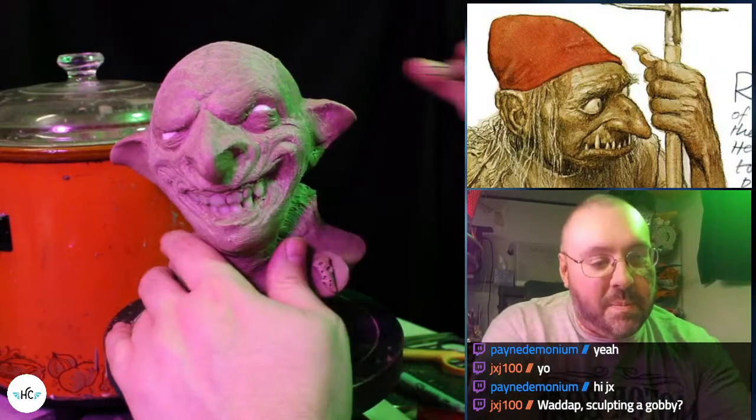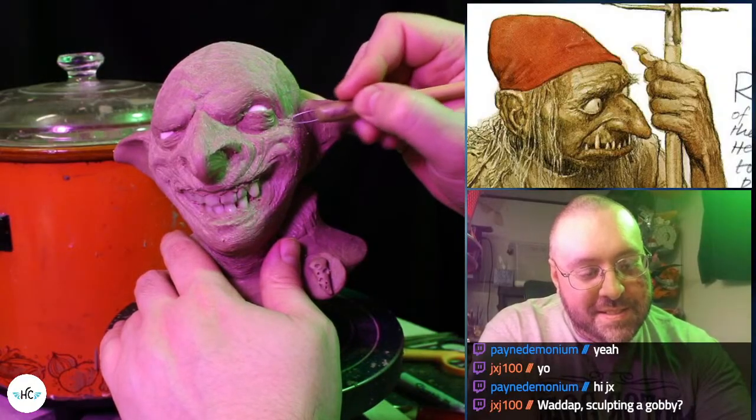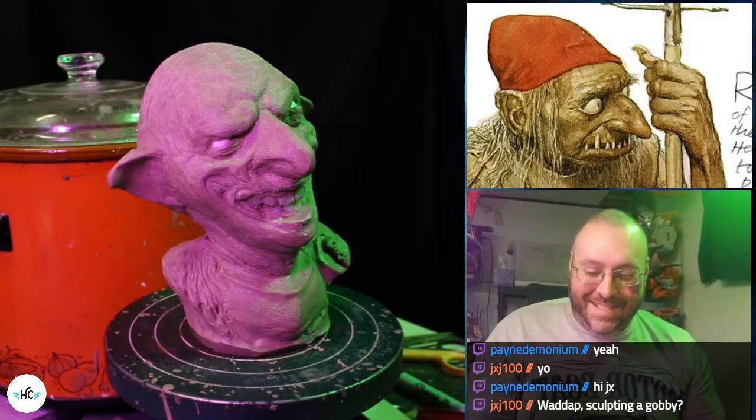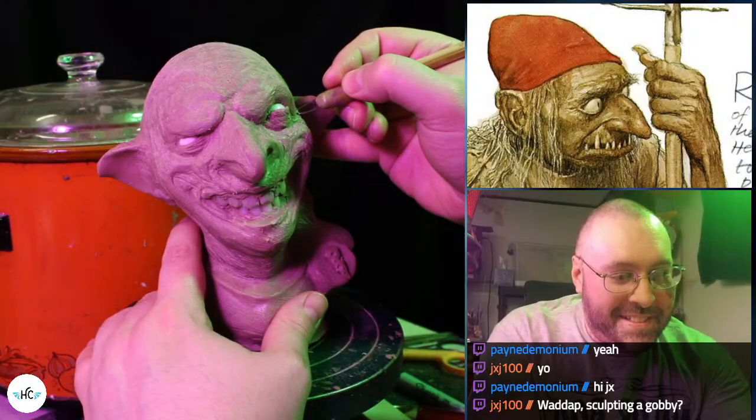Sculpting a gobby. Yep. A gobby? It's a goblin. I mean, I know it's a goblin. I've just never heard it referred to as a gobby before. I like it. Yeah. It just surprised me.